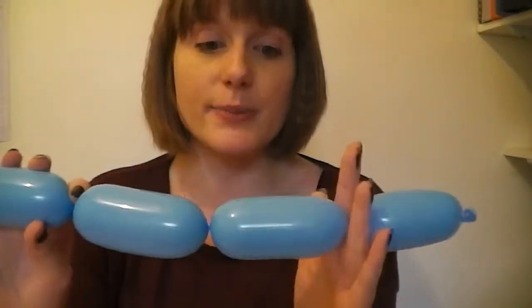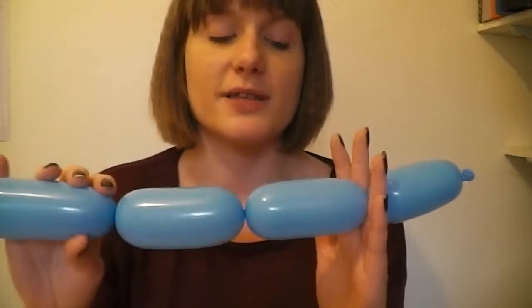Now if you've kept doing your twisting in the same direction, I was always twisting back towards myself, then this seam in the middle won't come undone if you hold it at both ends. If you have ended up twisting in opposite directions, then you may not find that this is staying there if you hold it, and then you'll have to hold lots of things together. But if you have kept twisting in the same direction, top marks for you, because then you've ended up with this effect here where you don't have to hold on to every single bubble. So at this point,